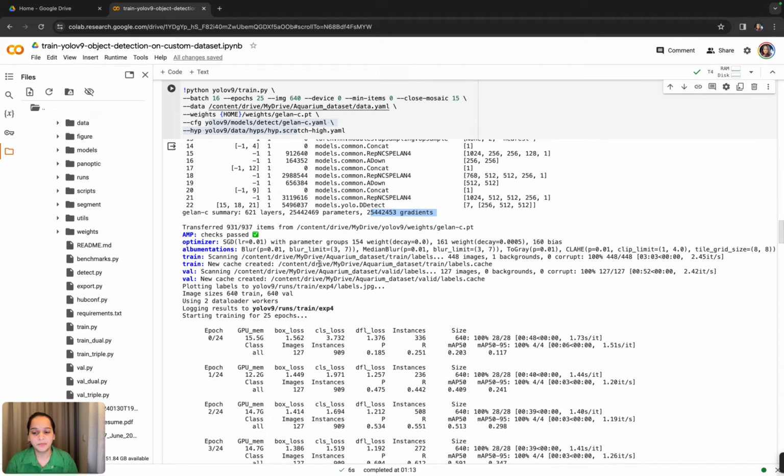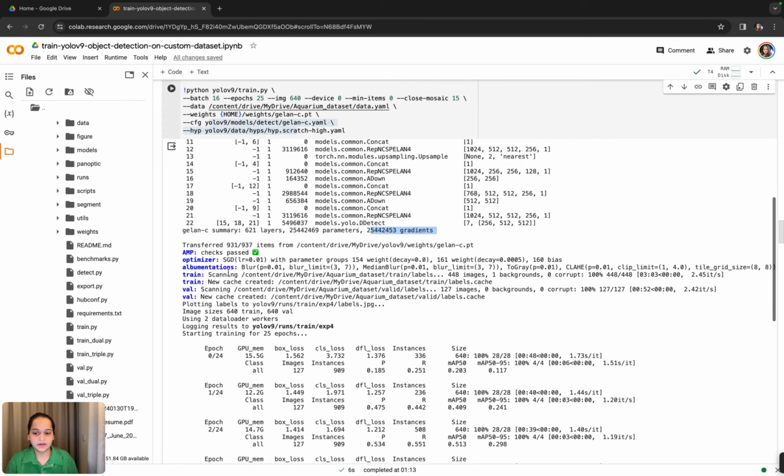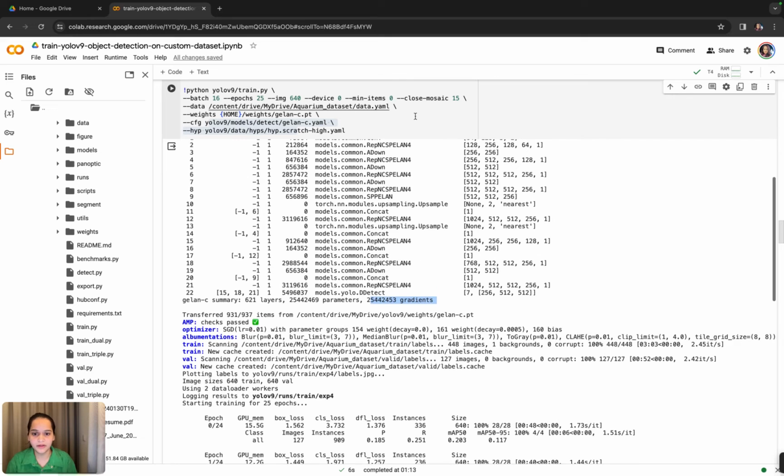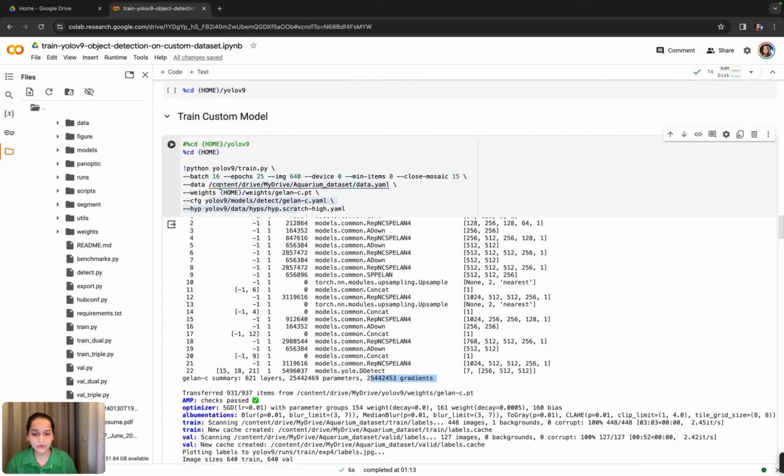So by default it does it. You can also change it, but you need to set it externally. But right now we are just using the default parameters, and then it is using this train labels. So one thing I want to show you is that the most important thing is the data